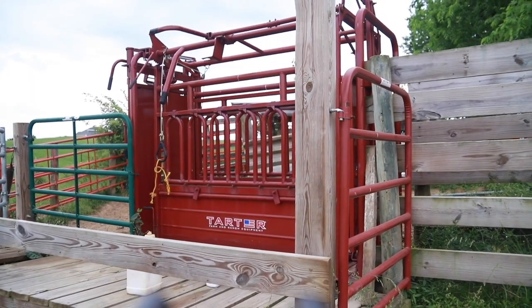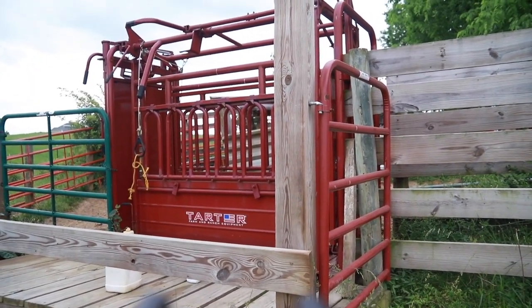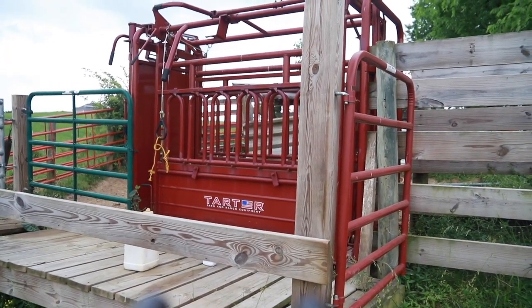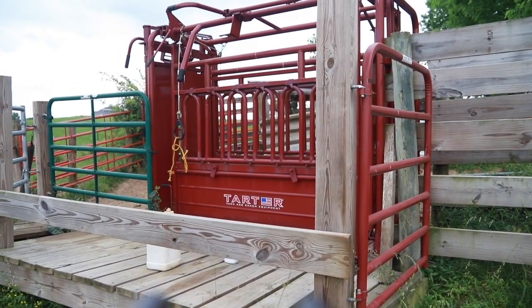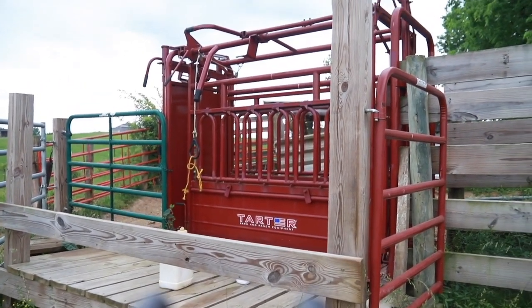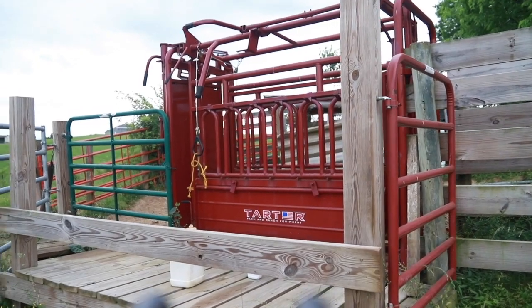herd. This is the cow lot, what we call it, or the working area, the staging area, when we work with our cattle. When they come up to eat, if they're going to come for their grain or whatever, they're going to come up here to eat it, and so they're going to have their troughs in there. And then that big red thing is our head catch, the head chute that we bought a few years